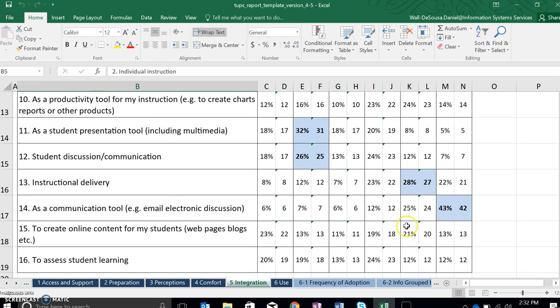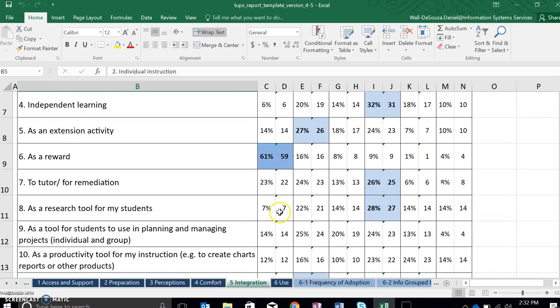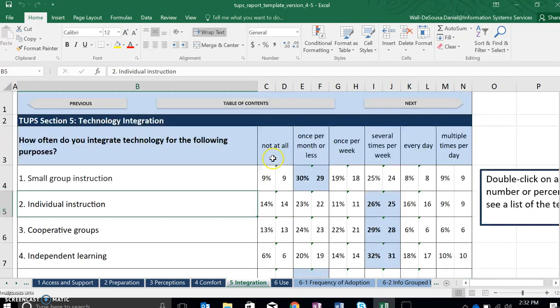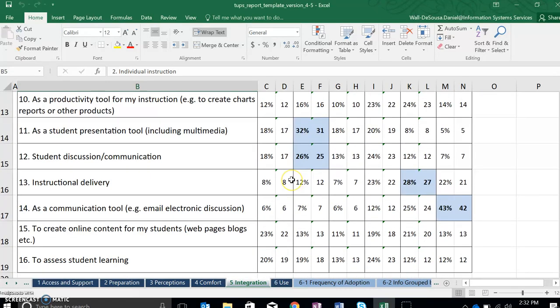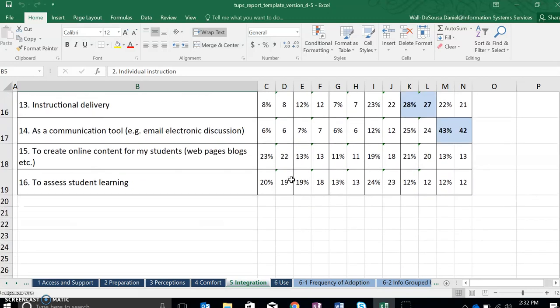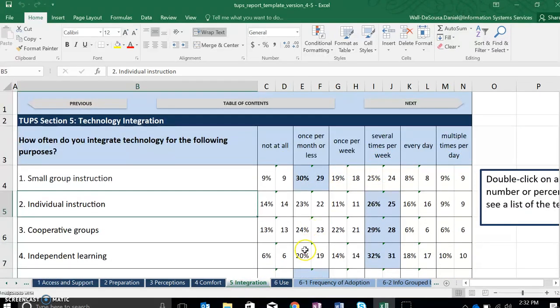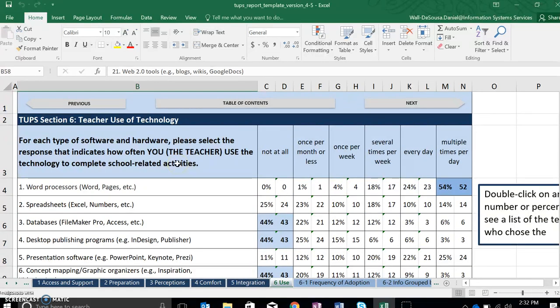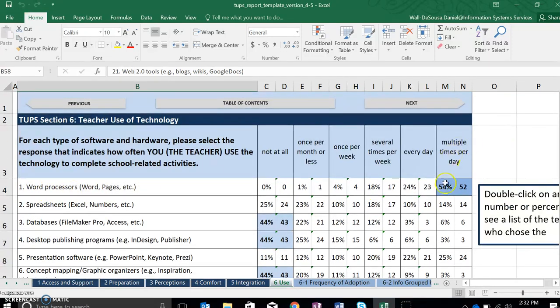As a communication tool. Well, let's say the magic is over here, maybe not in the research part, definitely not as a reward, and this faculty didn't think that either, but extension activities possibly, but we're really looking for that authentic, student-driven, student-created product. And so looking at how your faculty integrates technology on campus can help you write your plan. Next is use. So this is the teacher use of technology, and no surprise that multiple times per day,